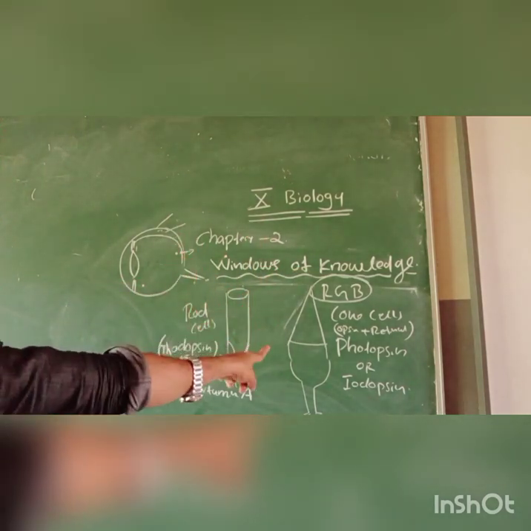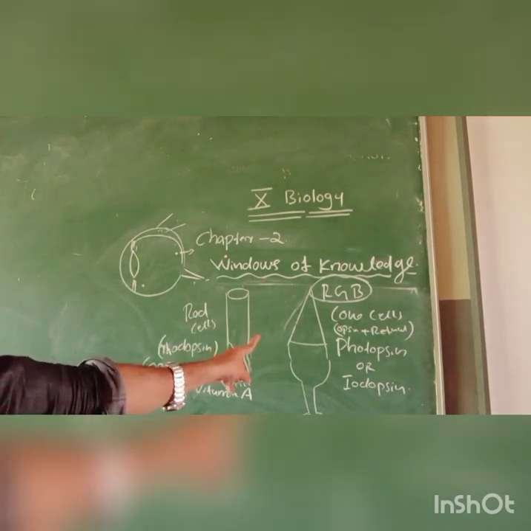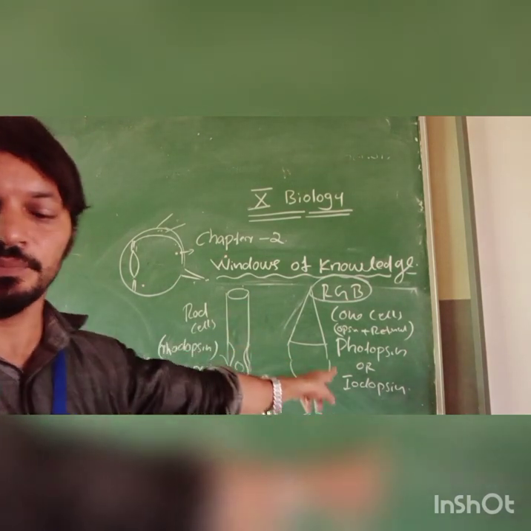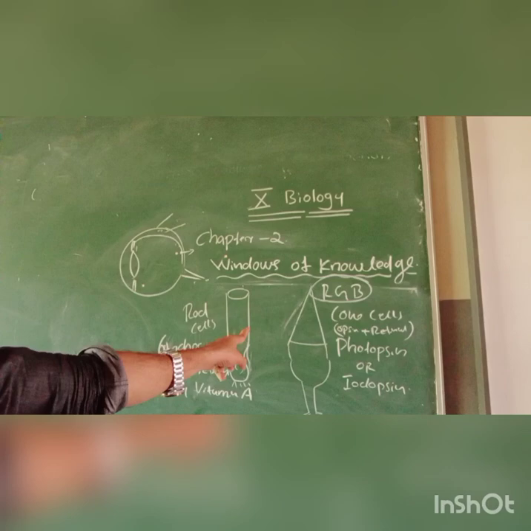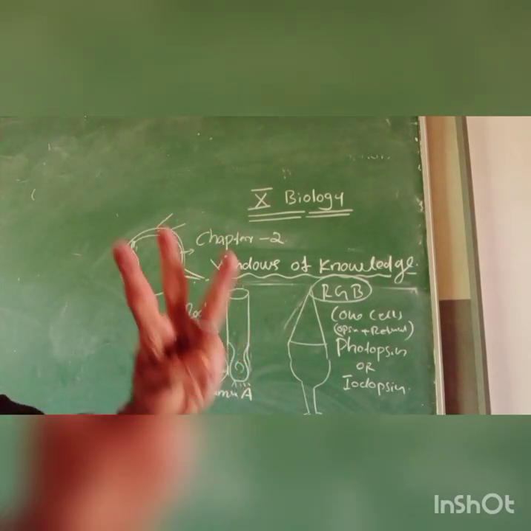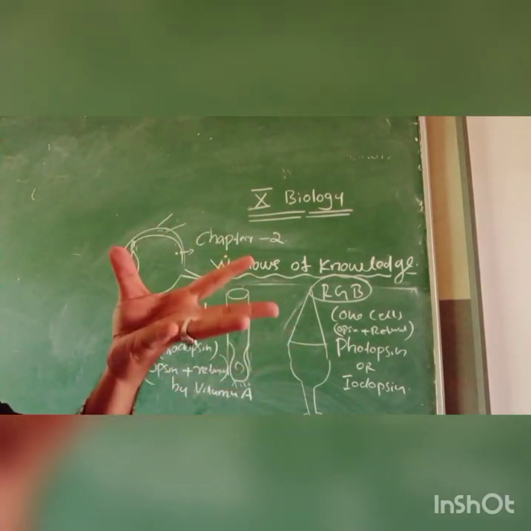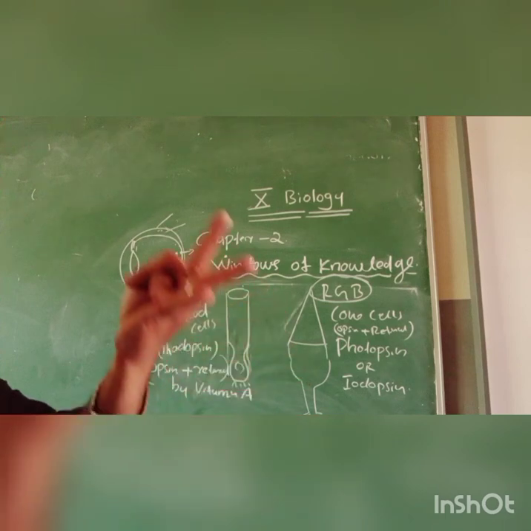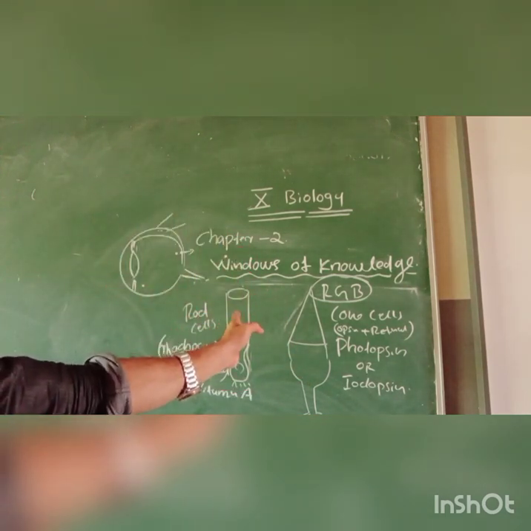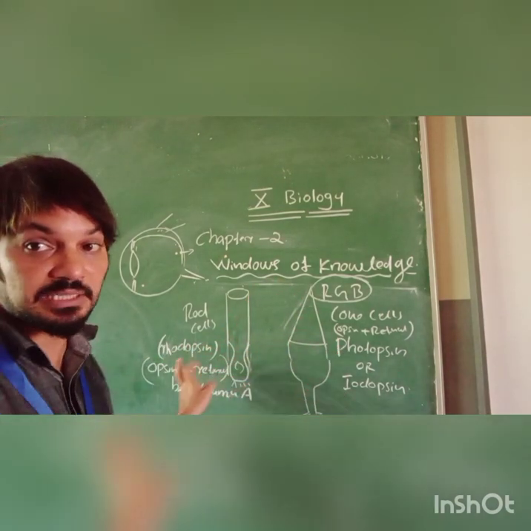Again, telling, this is the cone cell. It contains the pigment called iodopsin. This pigment is also composed of opsin and retinal. There are three types of cone cell which help to detect the primary colors. What are they? Red, green and blue. This diversity is due to the difference in the amino acid in the opsin molecules. With the help of vitamin A,